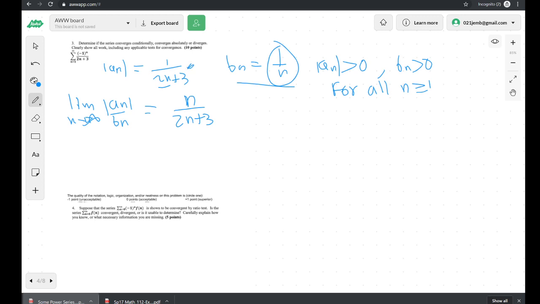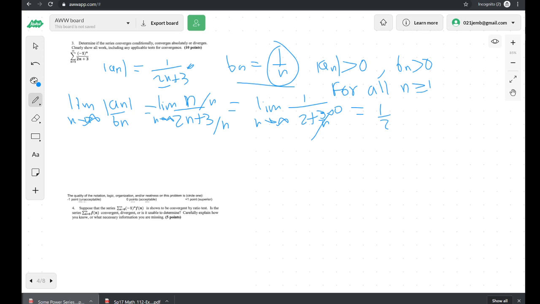And the limit as this goes to infinity, well, we divide by n on both sides, and don't forget to put your limit in there. That's going to be the limit as n goes to infinity of 1 over 2 plus 3 over n. This goes to 0, so the limit goes to 1/2, which is some value c,